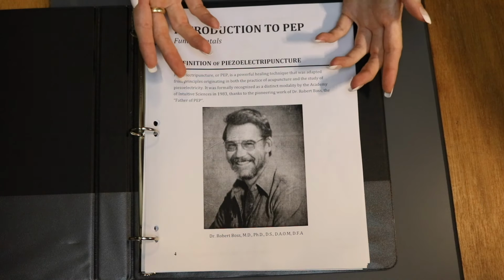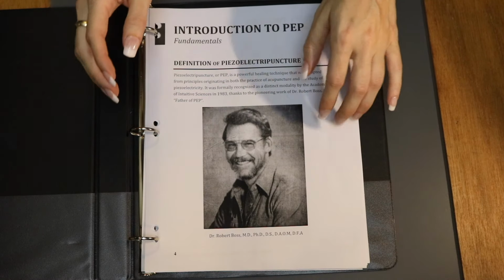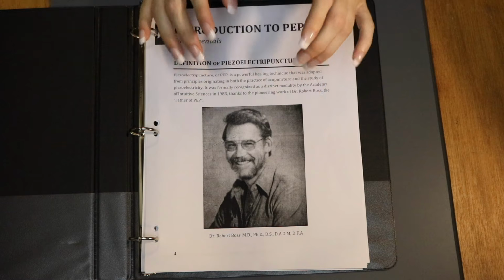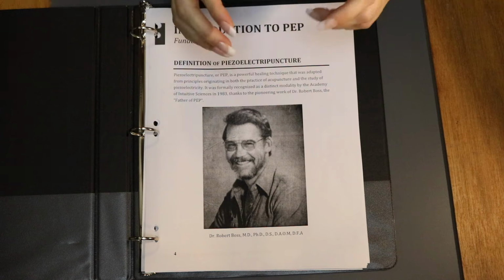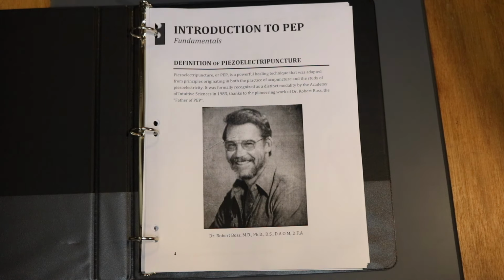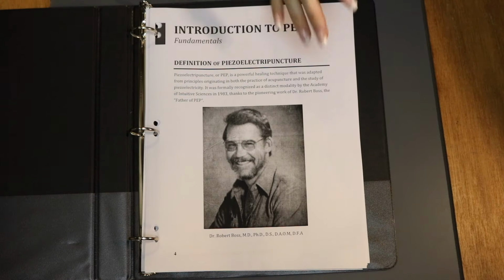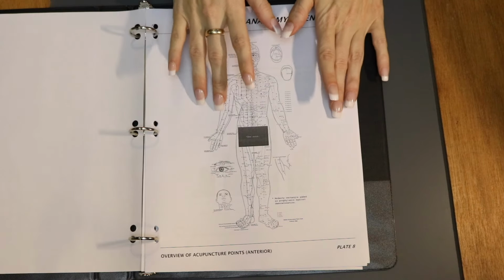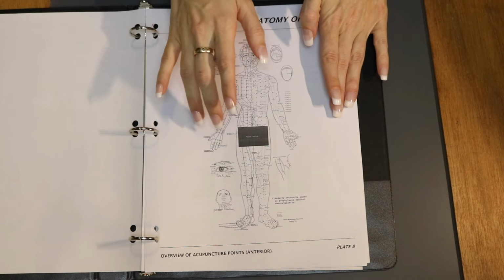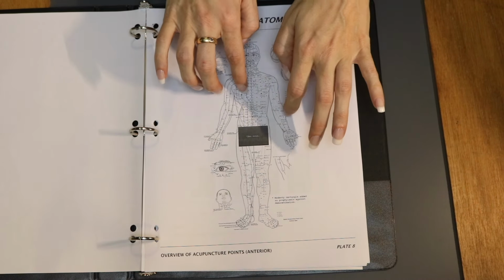Piezoelectripuncture, or PEP, is a powerful healing technique that was adapted from principles originating in both the practice of acupuncture and the study of piezoelectricity. Piezoelectricity being the electric polarization in a substance resulting from the application of mechanical stress, and acupuncture being an ancient practice in which very small needles are strategically inserted into the skin to stimulate specific energy points